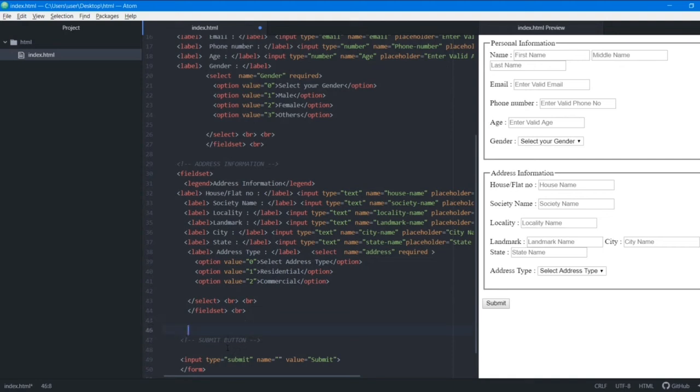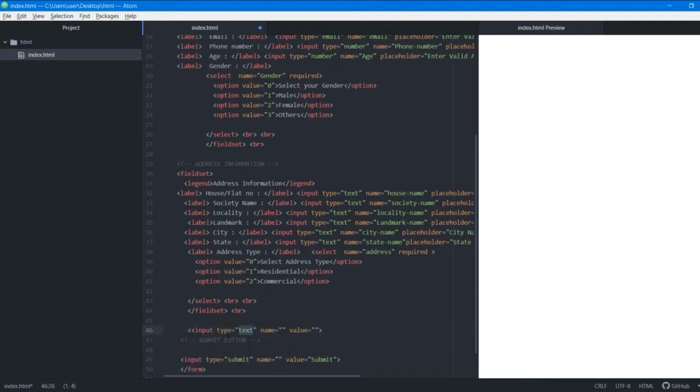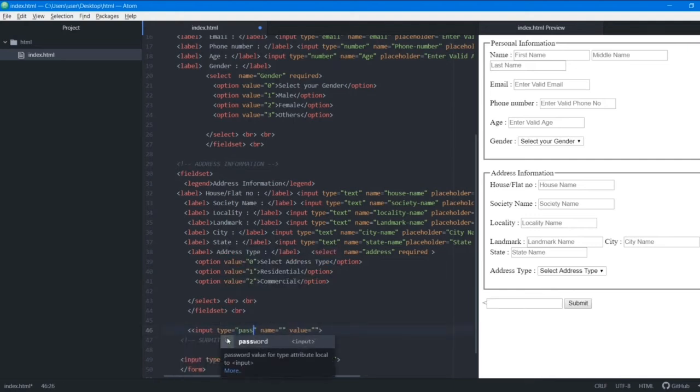The next thing we're going to see is called password. So we'll open an input type. Here we're going to select password. You guys enter passwords, right? When you enter a password, that password should not be visible, only dots should appear here. If we use text, let me just use text and I'll show you.